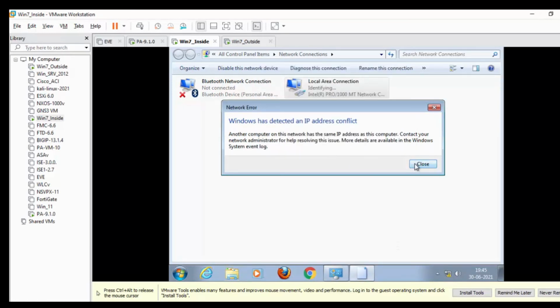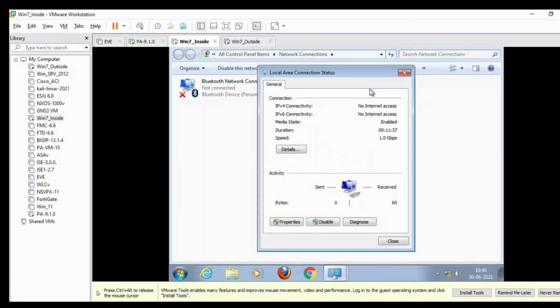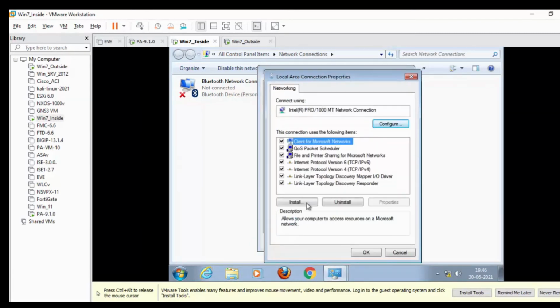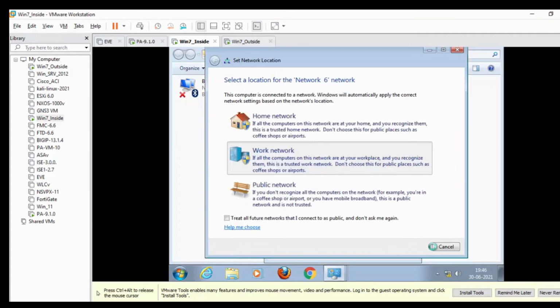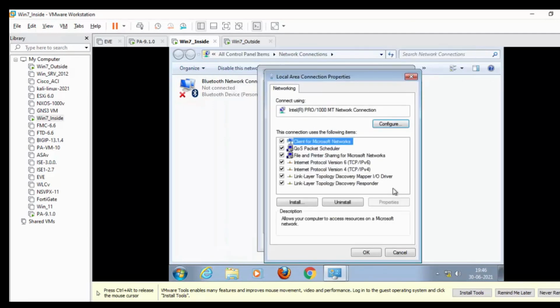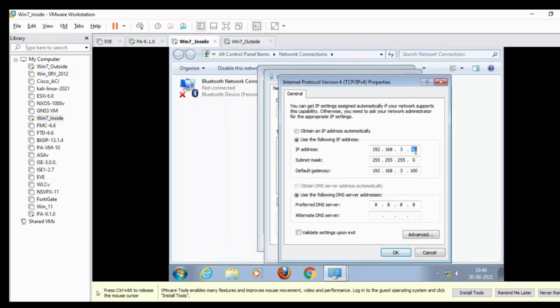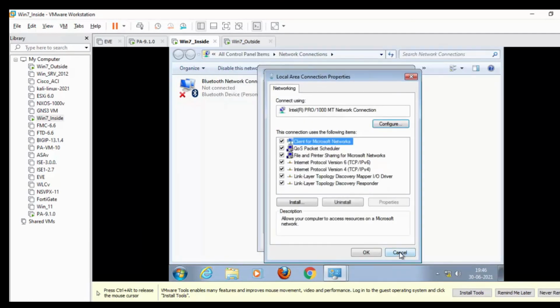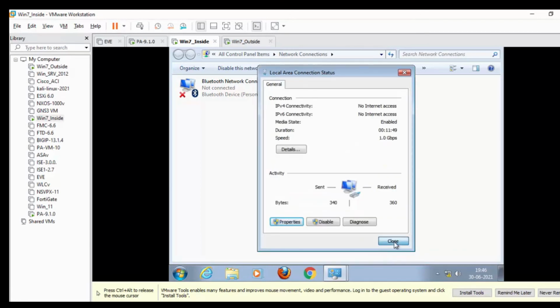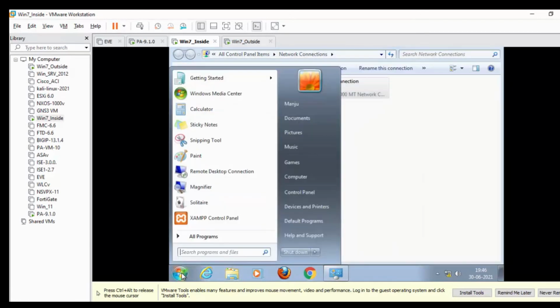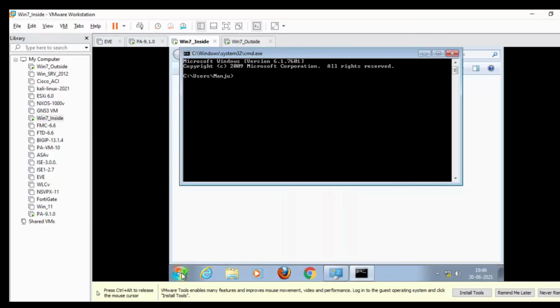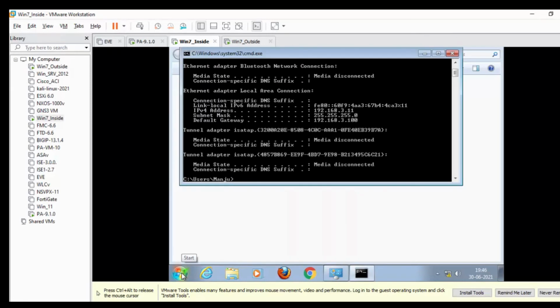I have already assigned 3.10 to some other interface, so I will make the change to 3.11. Click on OK. Close it. So I got 3.11 and the default gateway is my 3.100.